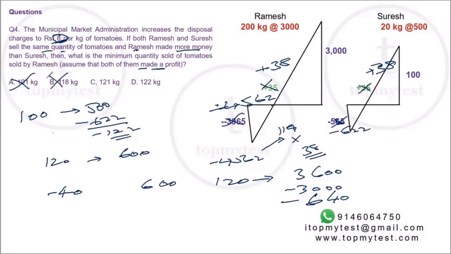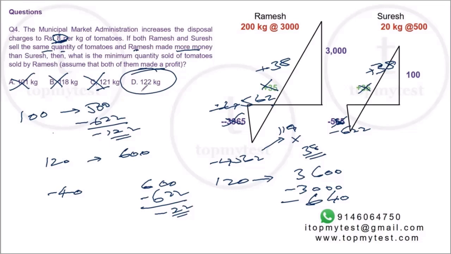Now this obviously cannot be the case because when you go down, Ramesh's loss is going to increase and Suresh will also make a loss. Your aim should be that both of them make a profit and you should have Ramesh starting to make more profit. Now at the 121st kilo, when you get that 1 extra kilo, Suresh will suffer a drop. He is going to lose 622. So he is going to be at minus 22. So not profit again. So this is also out. So option D will be your correct choice.